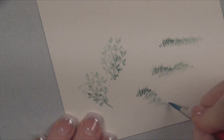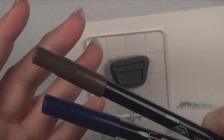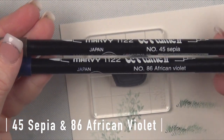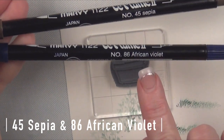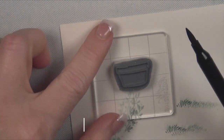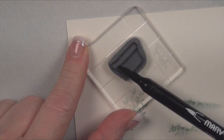So you have the freedom, as long as you're moving in a straight line. So now let's work on a container. And these are the two basic colors, sepia and African violet. The sepia is a nice earthy color, and I start out with it for all of my basic